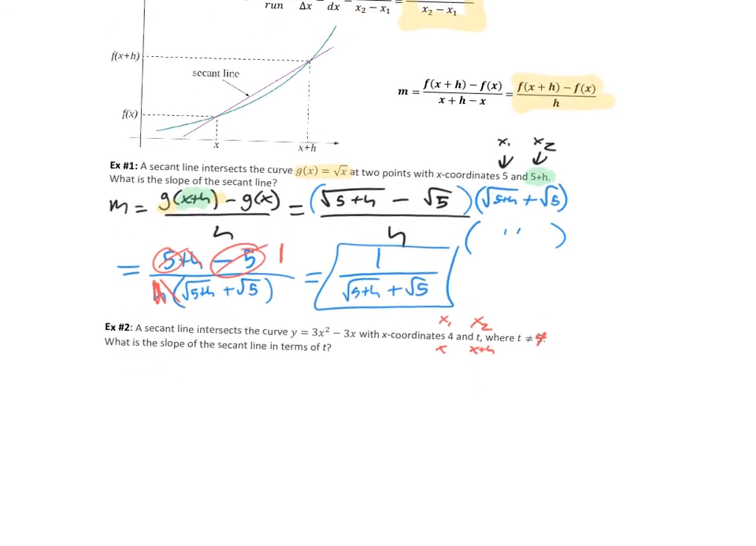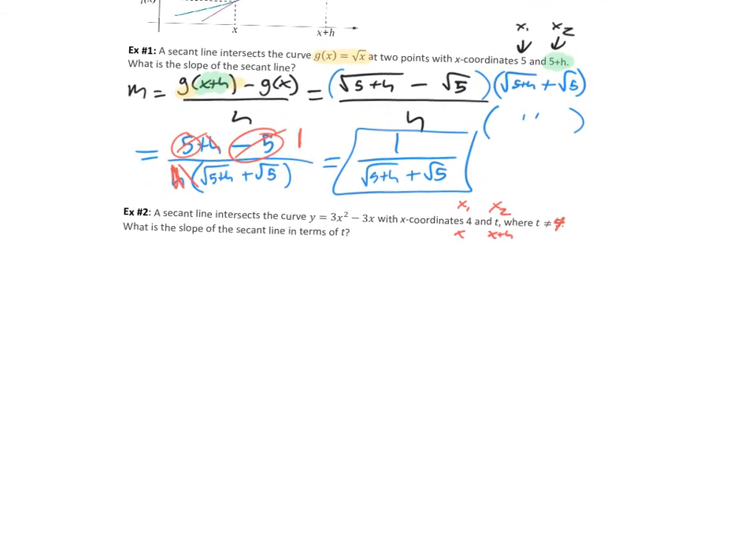So let's do that. What is the slope? First off, let's just say we know the slope fits this basic pattern. That's our basic idea of what a slope is. And in this situation, we're plugging in a 4 and a t. So if I was to plug in a 4 and a t, what would I get? I'd get